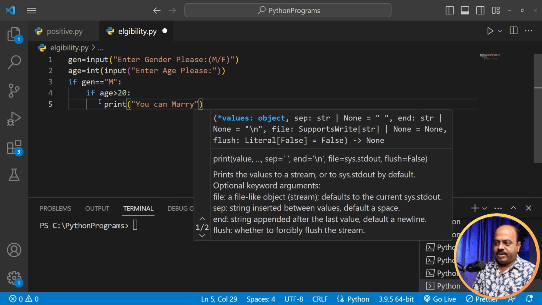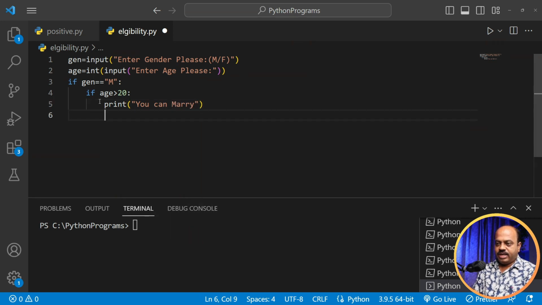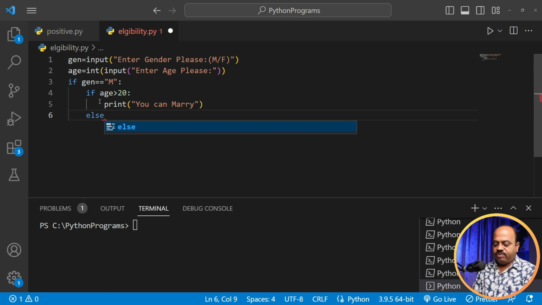you can marry. Okay, now if this condition is false, if male, and if this condition is false, it will come to the else part and print